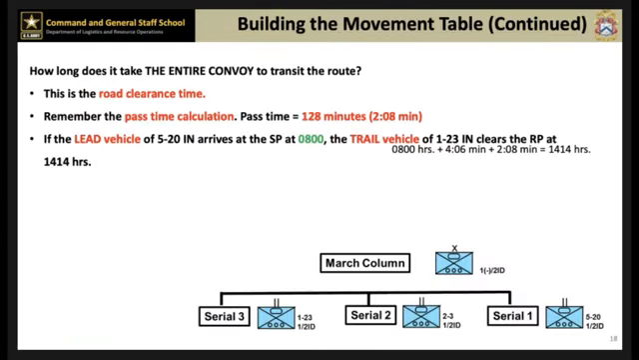Now we can see how pass time and time gaps are combined to influence the total time an entire march unit requires to transit the route. So, if the lead vehicle crosses the SP at 0800, the trail vehicle will clear the RP 6 hours and 14 minutes later at 1414. Remember, the lead vehicle may hit the RP at 1206, but the trail vehicle takes 2 hours and 8 minutes